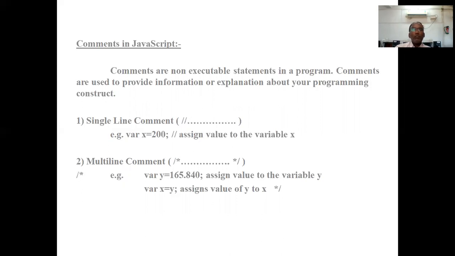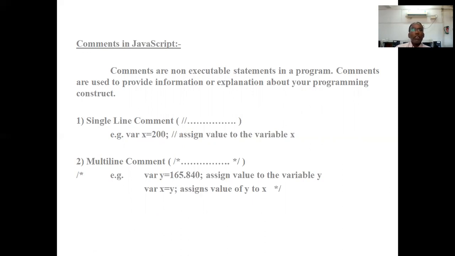For example, I have written this line in a JavaScript program: var x = 200, and I have used here a single line comment, assigns value to the variable x. So this comment will be ignored by the JavaScript program. Okay, is it clear? Fine.